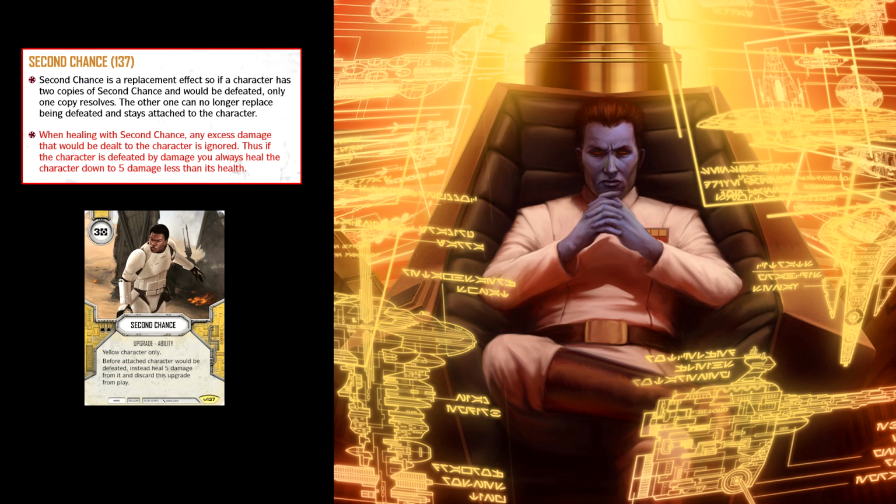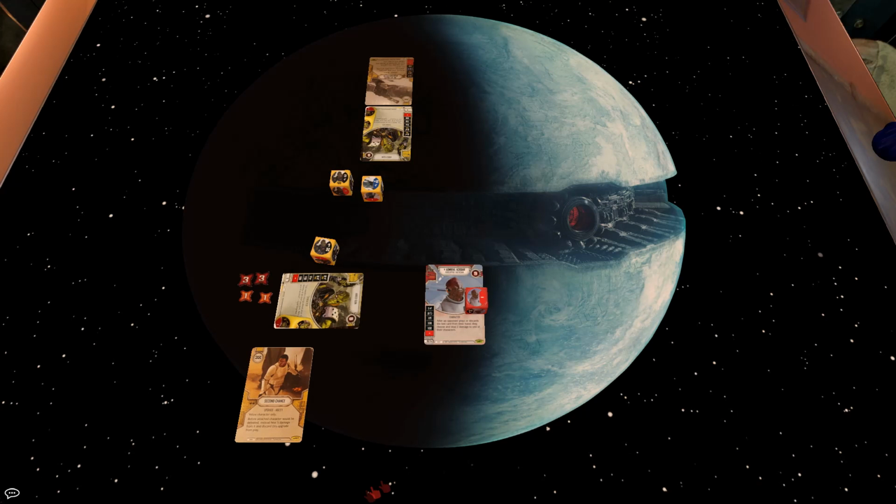They've also added a clarification to Second Chance here. It says, when healing with Second Chance, any excess damage that would be dealt to the character is ignored. Thus, if the character is defeated by 5 damage, you always heal the character down to 5 damage less than its health. So if you look at this example here, the hired gun at the bottom of the screen